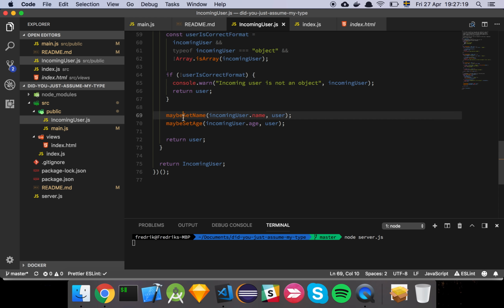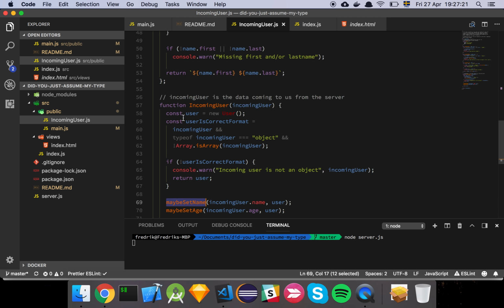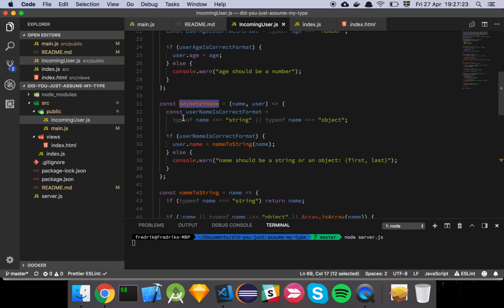And then we do maybe set name. So what do I mean by maybe set name? Let's look at maybe set name. So it takes in a name and a user, and it checks that the name is in the correct format. So it checks that it's going to be equal to a string, or it should be equal to an object,